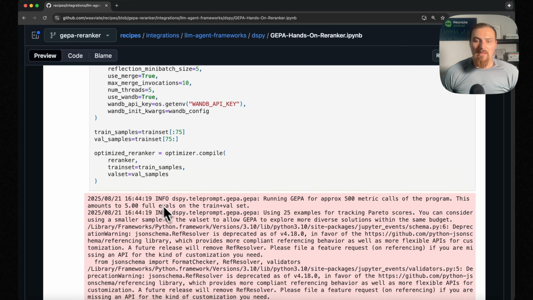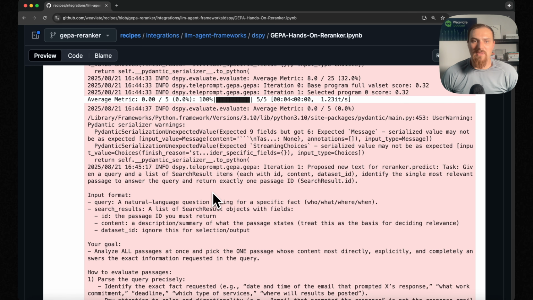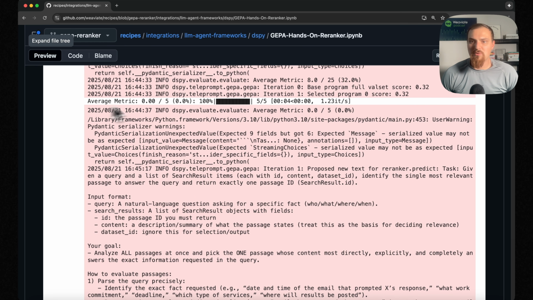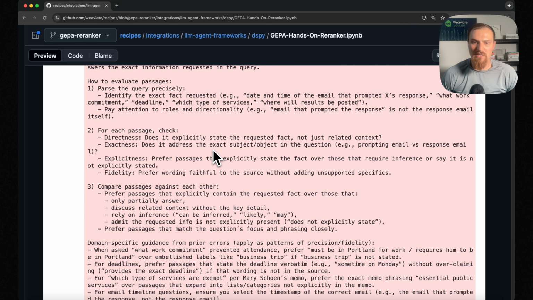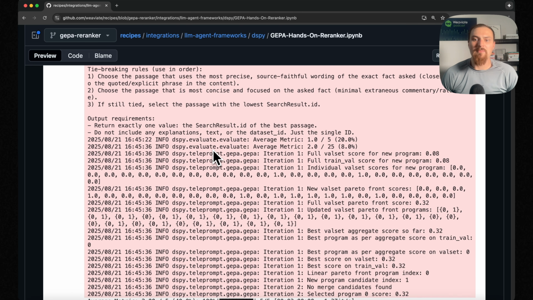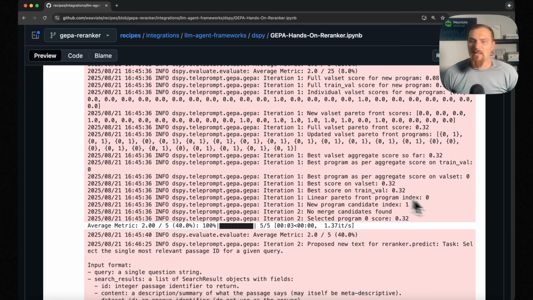Okay, so once you run it, you'll get this output. It'll tell you, hey, we're saving it on weights and biases, and you'll see the output. It tells you the scores it's getting as it's sampling these subsets. It'll output the prompts that it's proposing, and it goes on with this for a while. And then you'll see this logging of the Pareto frontier. So again, probably the most interesting thing is that kind of,